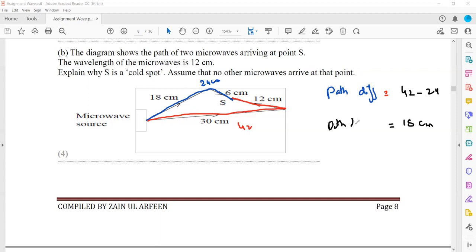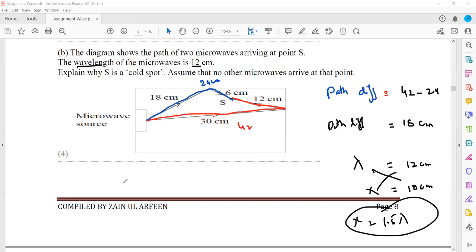But in terms of wavelength, as we know, one wavelength lambda is 12 centimeter. So if there is 18 centimeter, then how many wavelengths are there? Let it be X. Cross multiply. So in terms of wavelength, 18 lambda divided by 12 lambda, so it is 18 divided by 12, basically, which is 1.5 lambda. So when you have a path difference of 1.5 lambda,